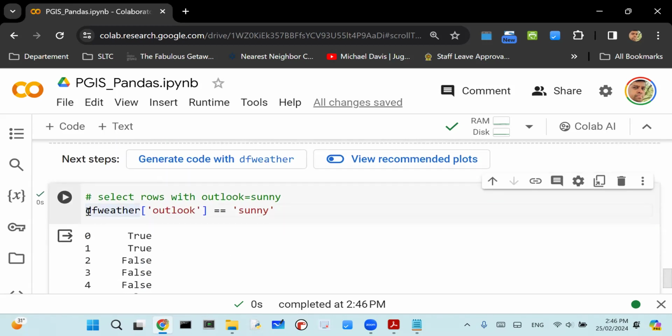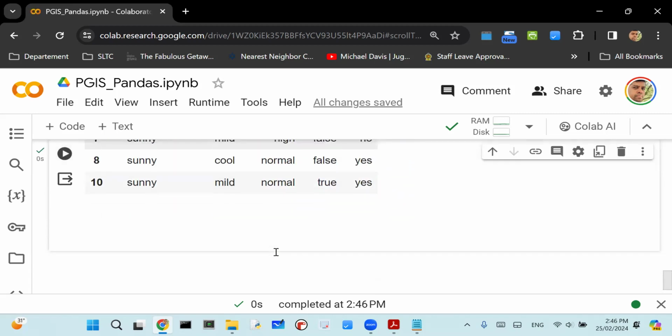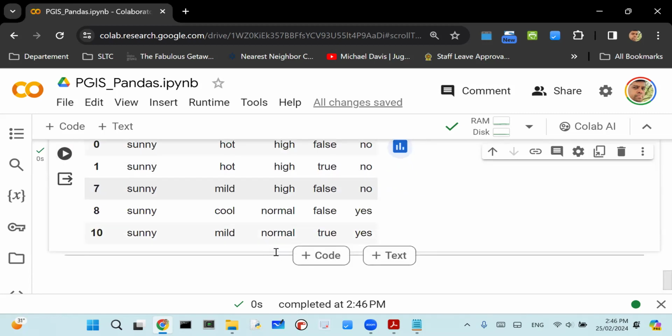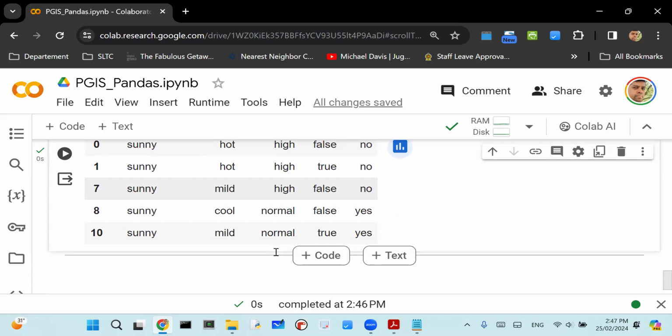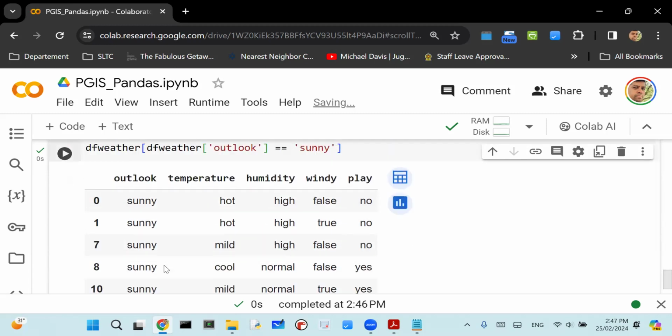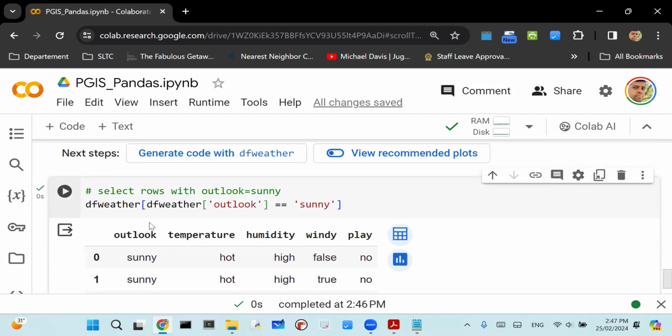But then again, if you use df weather and we enclose this one, what happens? We get only the rows which satisfy this requirement, which is the point here. So we have 5 Outlook sunny cases. So let me put this as df5,